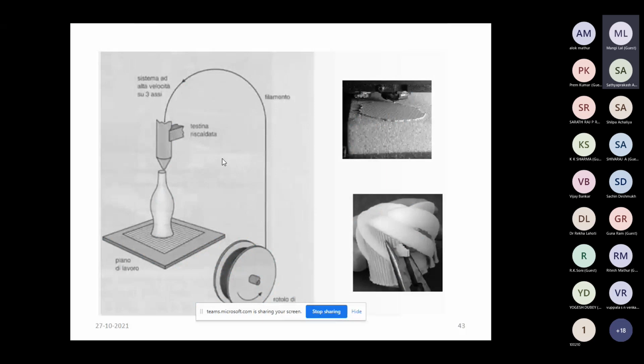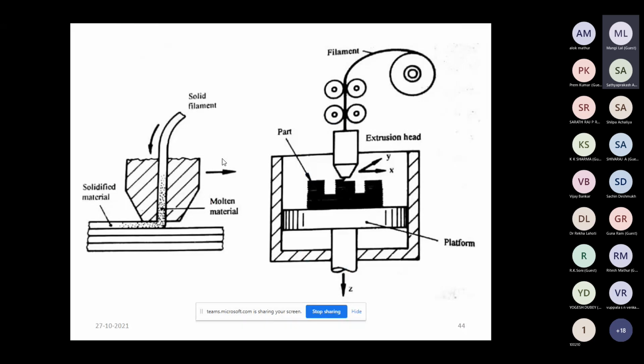So these are some of the configurations. This filament is the input material, but a continuous supply must be provided for the whole process. Here we can understand that the filament is input in the extrusion head, and the nozzle works in the X and Y direction, and this is similar to stereolithography, but in stereolithography we use a laser beam, while here we use the extrusion head, and the input is in the form of filament.